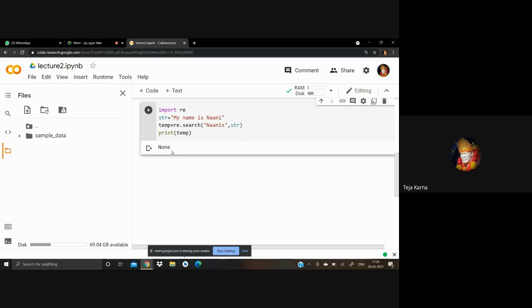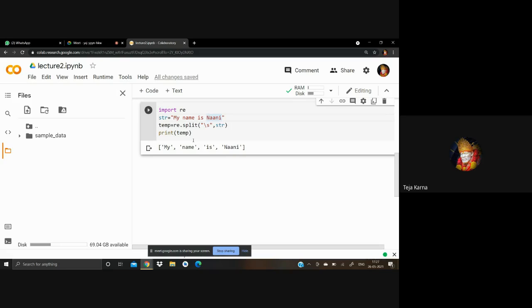In the same way, when you are going to use the split function, as I already told at the start of the session, on which basis are we going to split? We use slash s. When we have any white space characters, it should split "my name is Nani", so all these four words should be in a different list. Fine. So the small s is going to work on white space characters. This is the basic function of split.